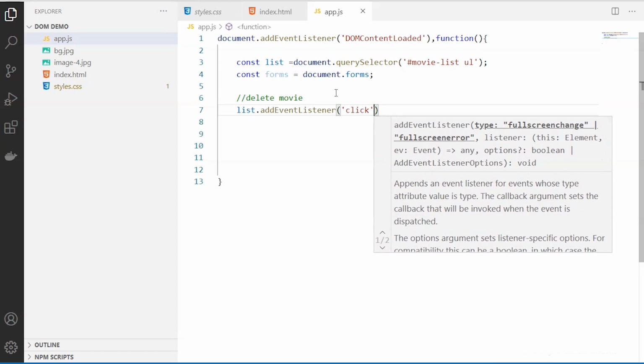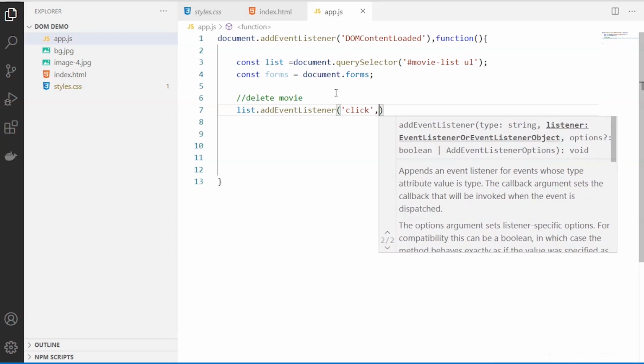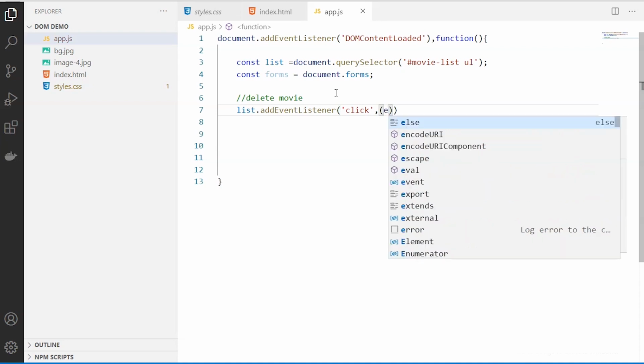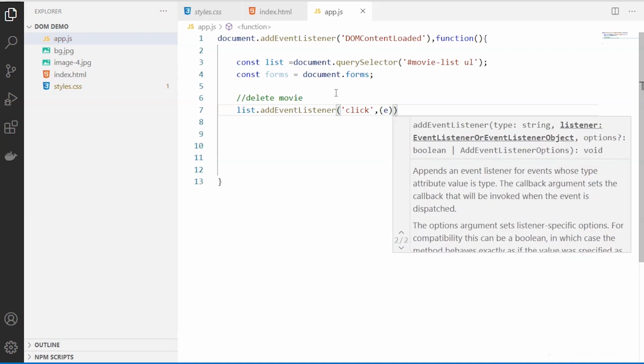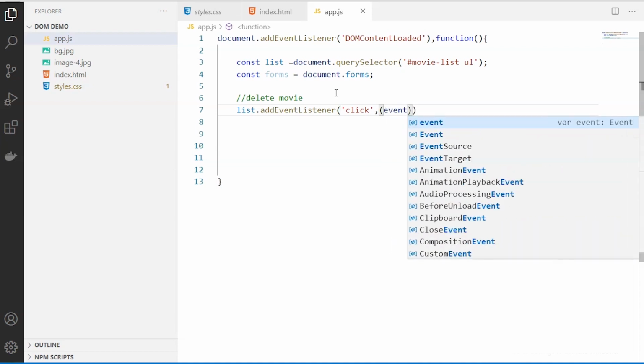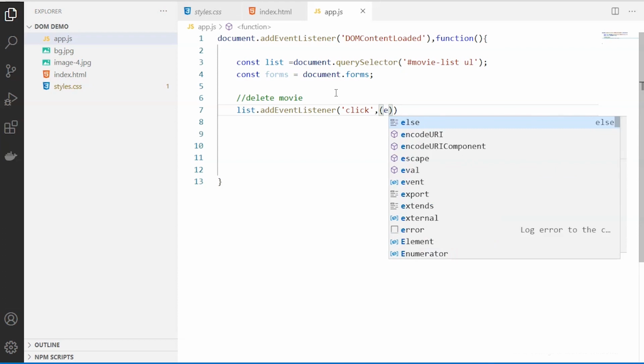I'm attaching an event handler over here, and you can also pass another parameter. In this case I'm passing a parameter, which you can name event or whatever name that you want.